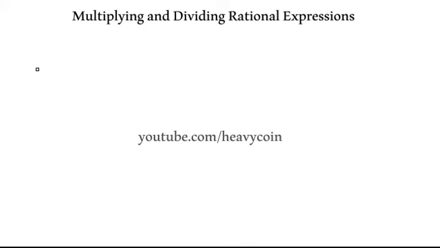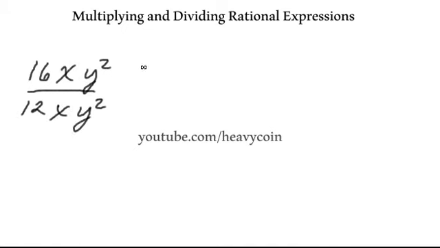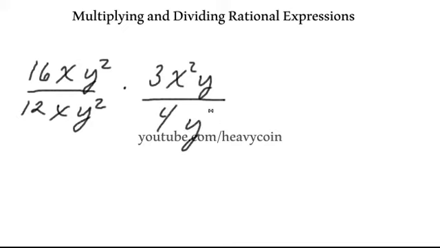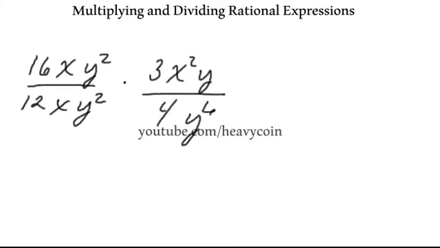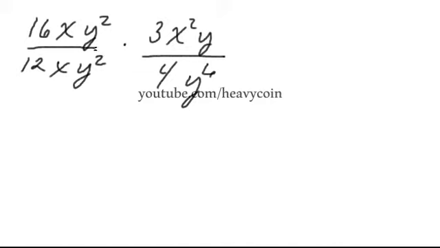Alright, let's see what we got here for a new problem. We've got 16x y squared over 12x y squared, times 3x squared y over 4y to the 6th. Now, before we even get started here, we know that we have a y squared and a y squared, so this is going to cancel out,